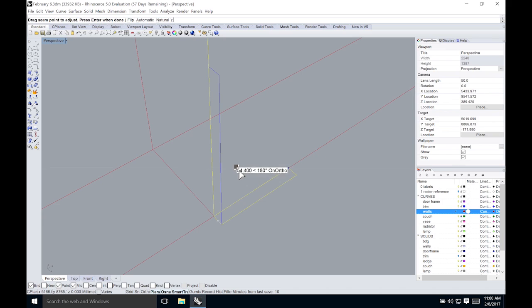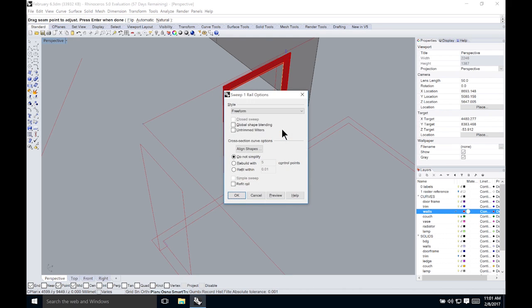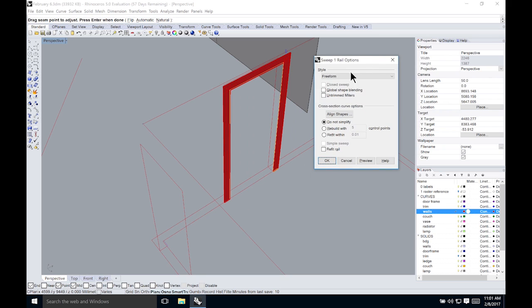Basically this relates to the fact that everything that is drawn in Rhino, any closed or open curve, is a continuous geometry, but it has a beginning and an end point, and especially with more complex operations, whether those things line up or not makes a difference. Right now I don't see anything wrong with this, so I'm not going to do anything and just press enter, and so